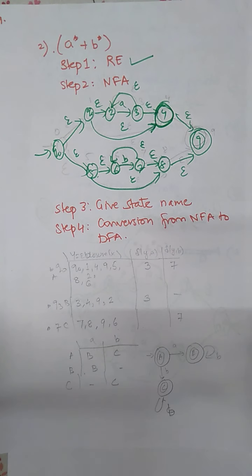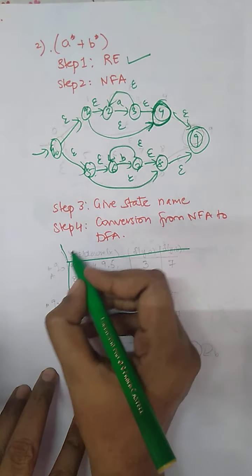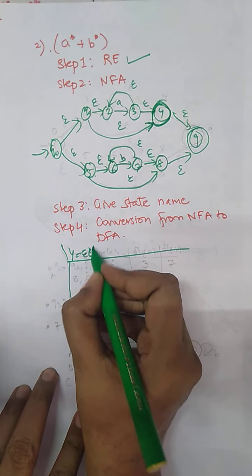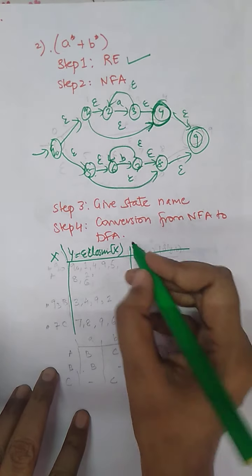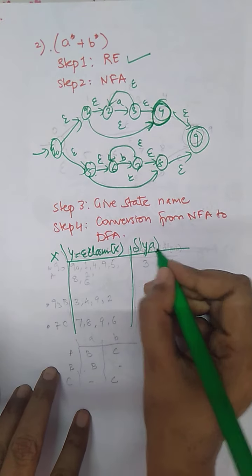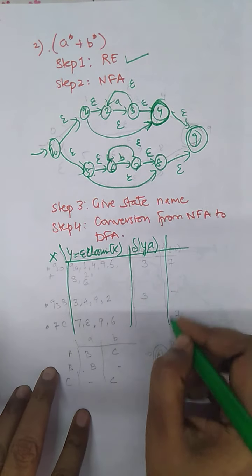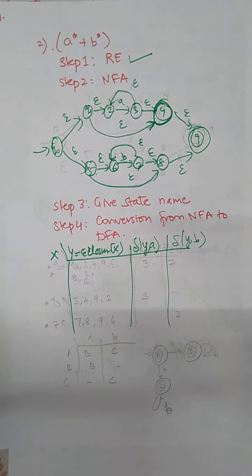After that, what do we have to do? We have to convert the given NFA to DFA. So how are we going to do it? We have to find the epsilon closure of X. Where is X? This will be your X. Then the transition of Y on the input that is given in the regular expression. Always try to cross check what is given in the question. Then Y on B. People used to write any symbol, they are not checking which symbol is given in the question.